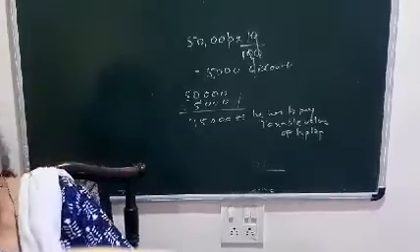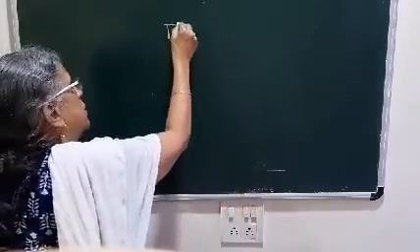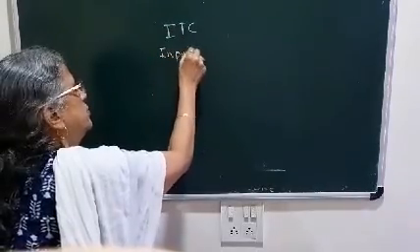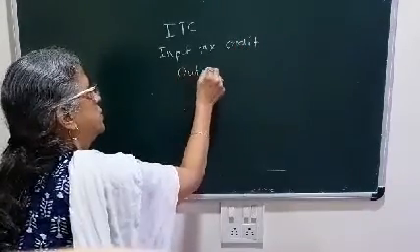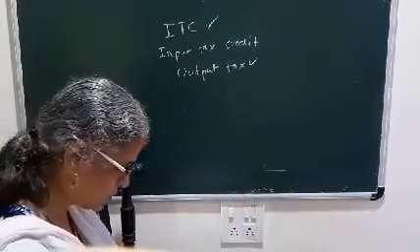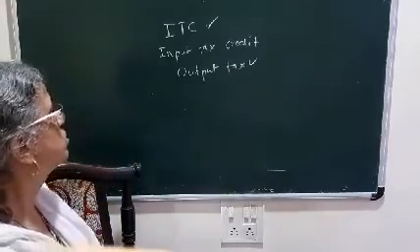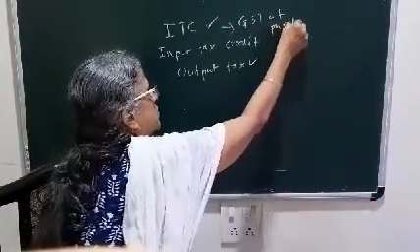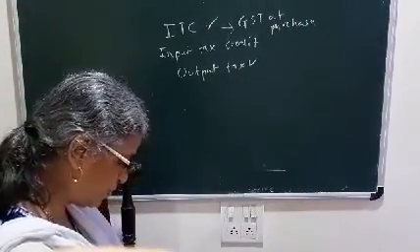So we are going to use two new terms. Remember these terms: ITC, that is input tax credit, and output tax. These are the two important words we are going to study. The meaning is very easy. The trader pays GST at the time of purchase. So GST at the time of purchase, remember, at purchase, that is known as ITC, input tax credit.